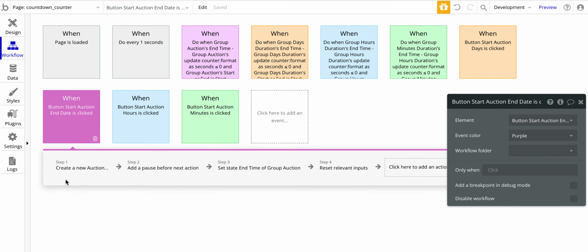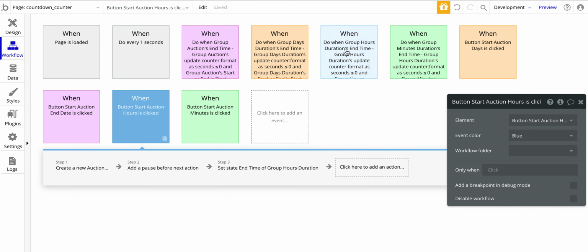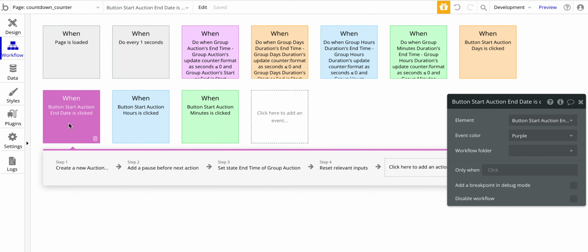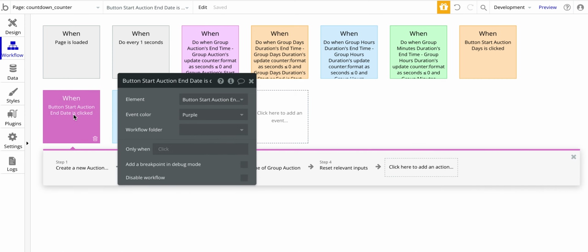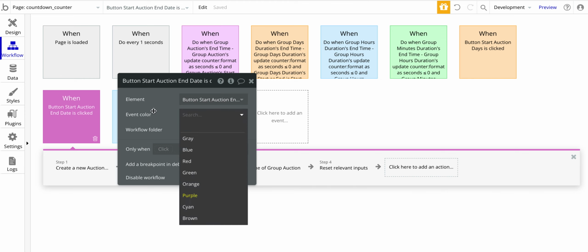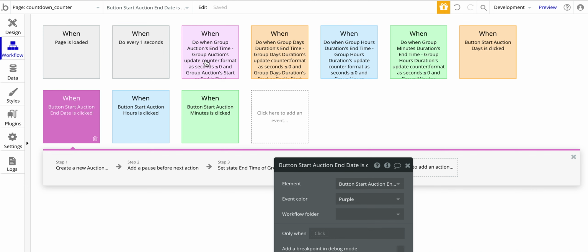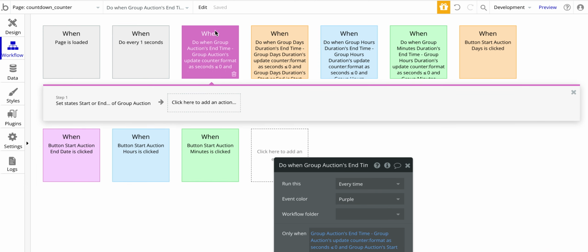I also want to comment, you see how I'm using these color codes here, or the coloring. So the pinks or purples go together, the blues go together, the greens go together, and so forth. And if you're not familiar with changing the colors, you simply click on the workflow and change the color to what you would like. Okay, so for this one,